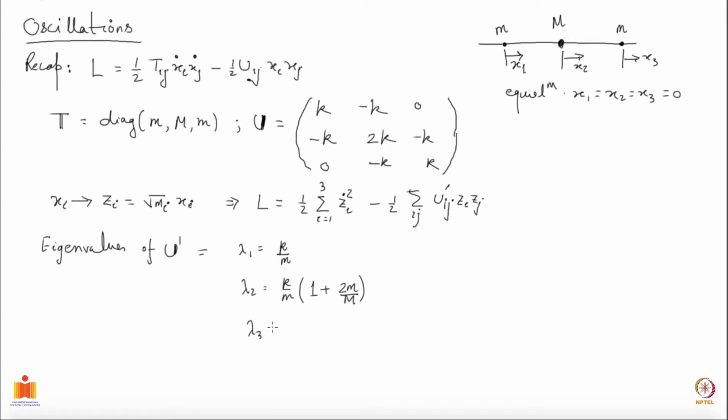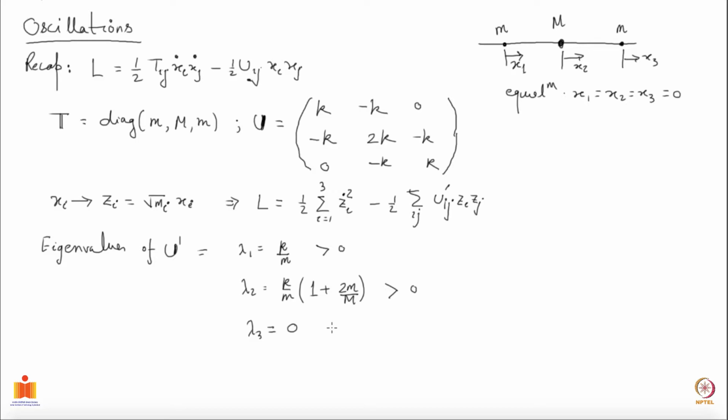was 0. I've changed the order: what I'm calling lambda 3 I was calling lambda 1 in the last lecture, but now we'll follow this naming. Okay, that is how I want to do it. Note that this quantity lambda 1 is greater than 0, lambda 2 is also greater than 0, and lambda 3 is anyway 0. So this is where we had stopped last time, and let's proceed from here.